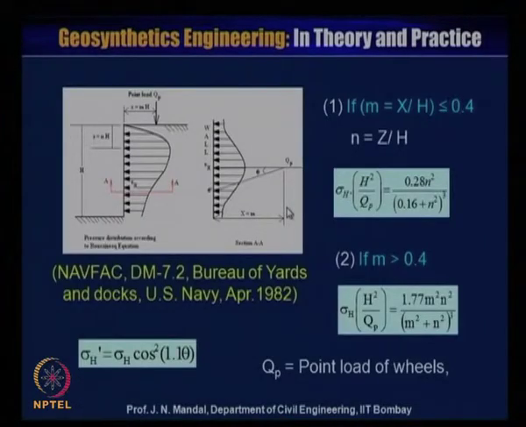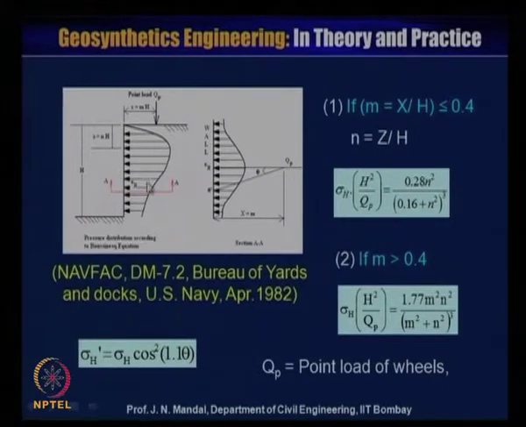So, to calculate these traces, we have to adopt some equation, that is NAVFAC DM 7.2, Bureau of Yard and Dock, US Navy, April 1982. So, here is the pressure distribution